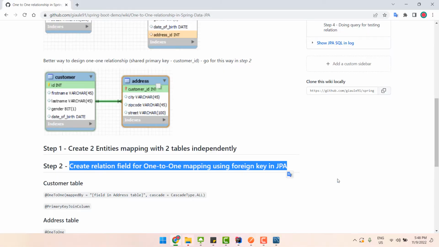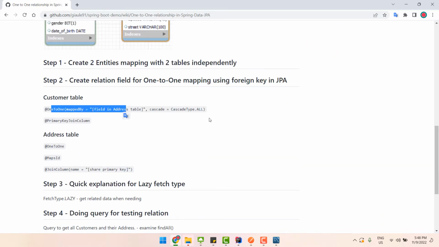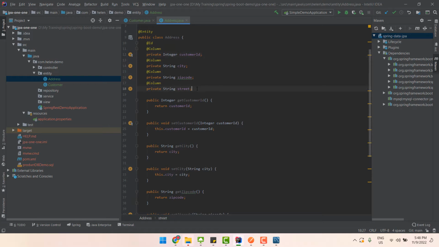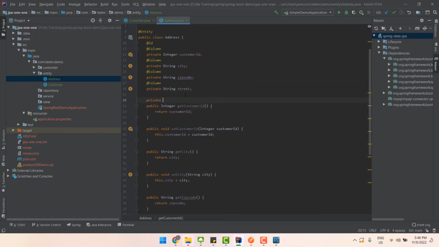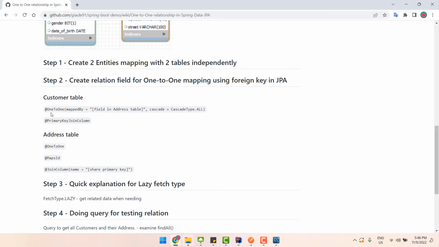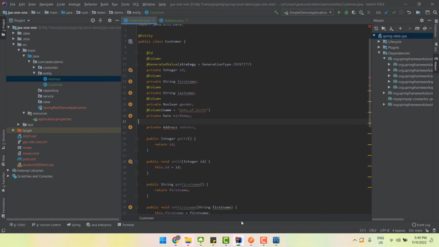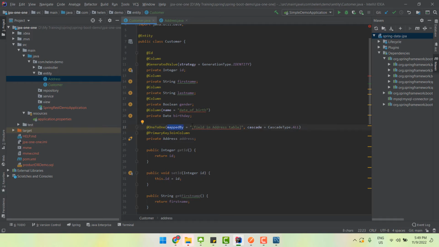Okay, I finished creating the two entities, and now we will create the relation fields for one-to-one mapping using a foreign key in JPA. For the customer entity, I will declare the address object, and in the address entity, I will add the customer object. And now we go to the first one, the customer entity. I will add the OneToOne annotation, mapped by the field customer in the